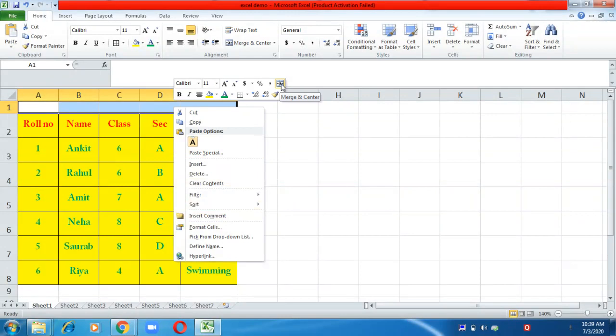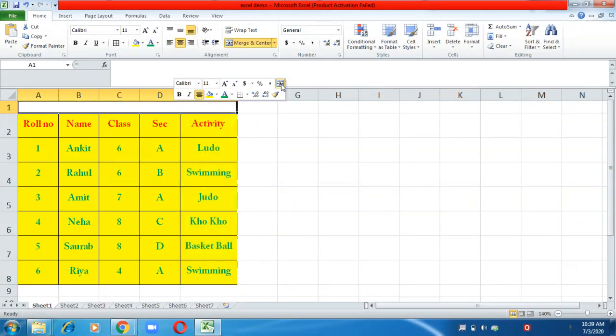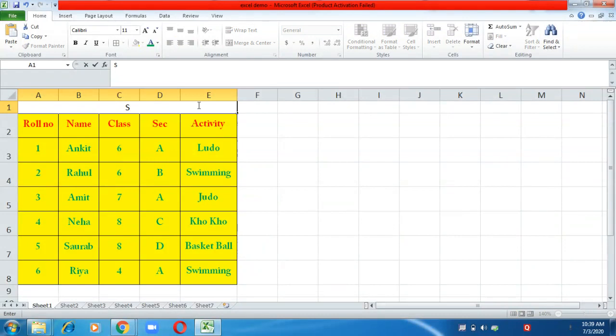Here we have an option of merge and center. Click on this button. Now all the cells are merged into a single cell. Now you can write the heading here, sports student suppose.